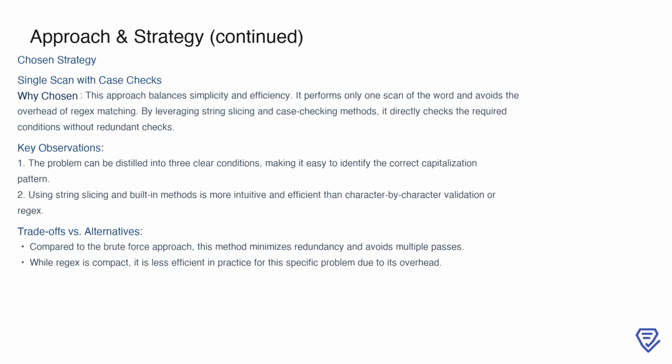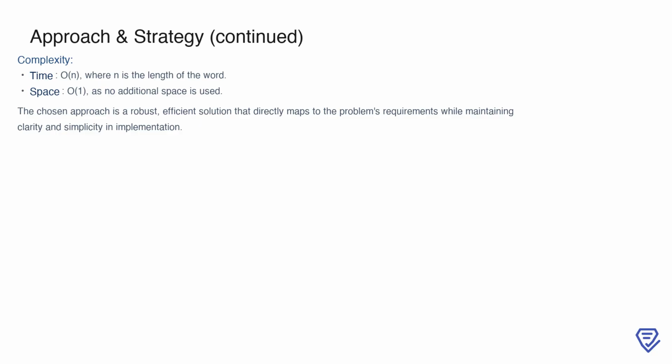Overall, this strategy provides a clean and efficient solution to the problem. In terms of complexity, the chosen approach is both time and space efficient. The time complexity is O(n), where n is the length of the word, as the entire string is scanned only once. The space complexity is O(1), since no additional data structures are required beyond the input itself. This makes the solution not only robust but also highly efficient, as it directly addresses the problem's requirements without introducing unnecessary complexity. By leveraging Python's built-in methods and focusing on the core patterns of capitalization, this approach ensures clarity and